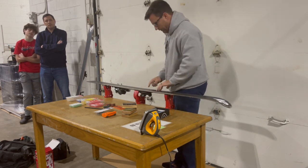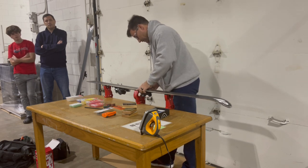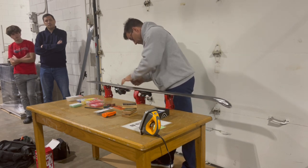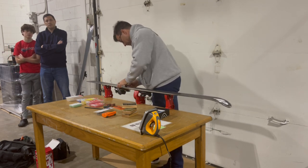And if you do scrape, if you do leave some, you'll see it, like I am kind of marking this up. But it's not that big of a deal, because when the wax goes down, it takes up the space of whatever was there. This thing's got some pretty good